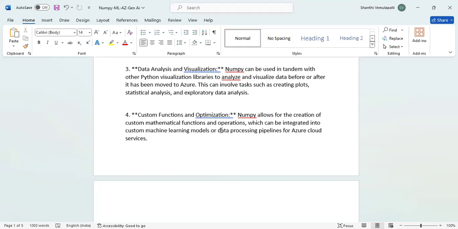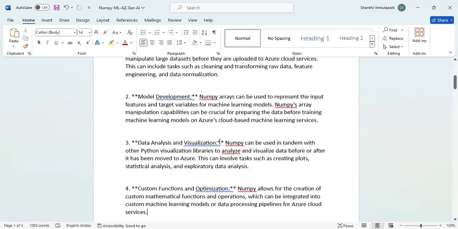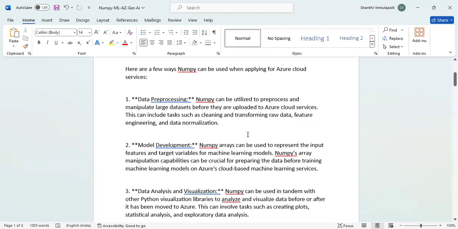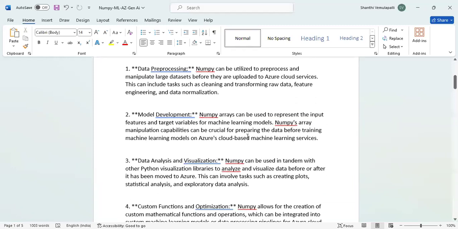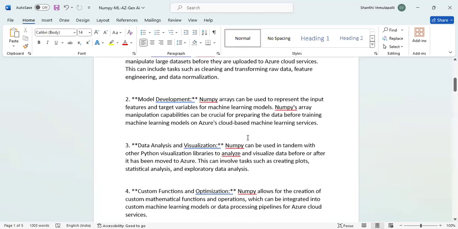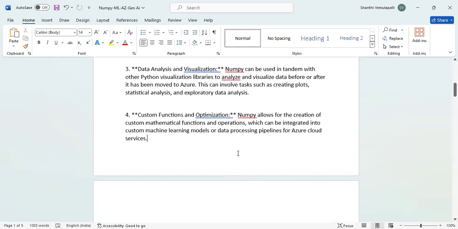Let us say, if you want to build with ML models, you need to understand the ML methods, what the data scientists want to use. They will give a sequence of steps to use the models. Then that is a fresh startup. But if you have an already running system, a running model, that model can be connected to the Azure ML services. You need to see these categories here. These are the real implementation practices when you integrate NumPy with the Azure machine learning process.